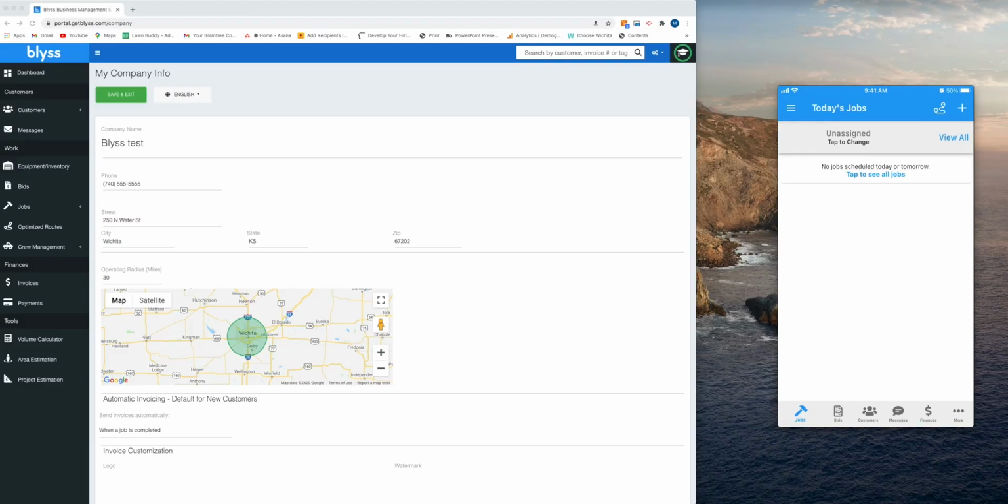Today we're going to be going over how to customize your profile. So here on the left is our desktop and here on the right is our app version. And I actually got to this page by going up here in the right hand corner of the desktop version